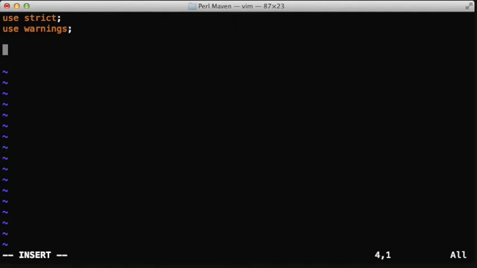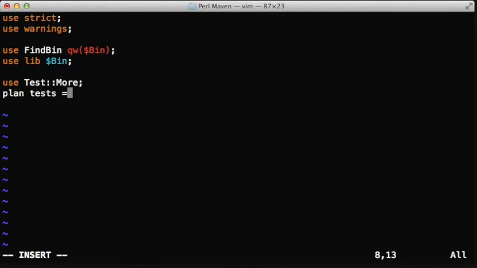If we create a script, let's say called time.t, the first thing we have to do is load the modules. Because we are not using some Perl system, we just use the FindBin module and the $Bin variable in it that points to the current directory, and that will allow us to load the module. Then we load the Test::More module and plan for one test. And now the first thing for the real test is to load the mySession module,